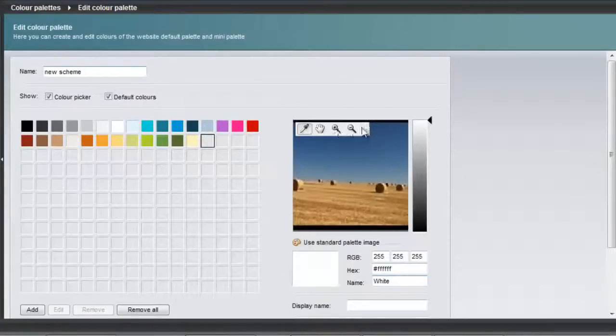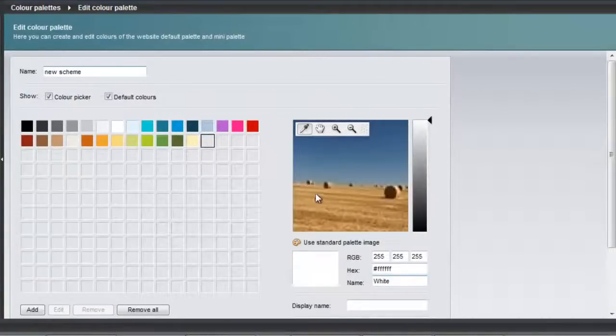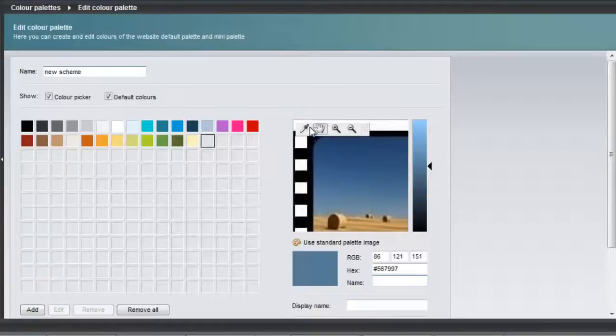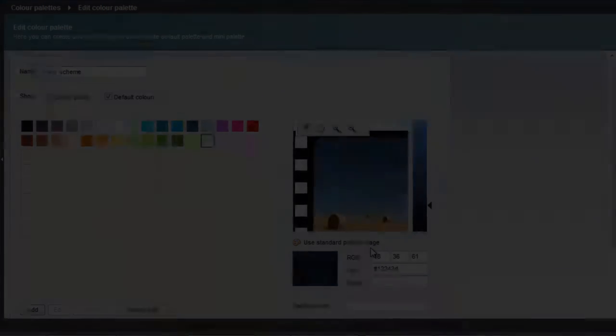I have magnifying glass buttons here to zoom in and zoom out, and a repositioning button to move the whole image in my window, and then a picker button. Note here too that you could still adjust the luminosity, which could be really handy if you want to just vary the color a bit. So that's how you create and save color schemes, as well as how you add, edit, order, and delete colors. We also saw a cool way to select colors using a color picker to choose colors directly from an image.